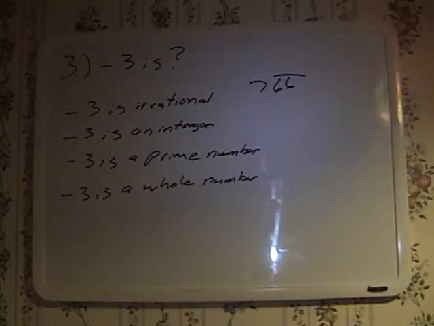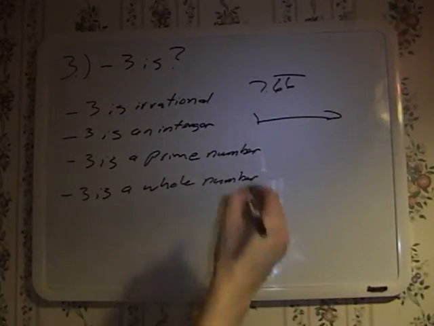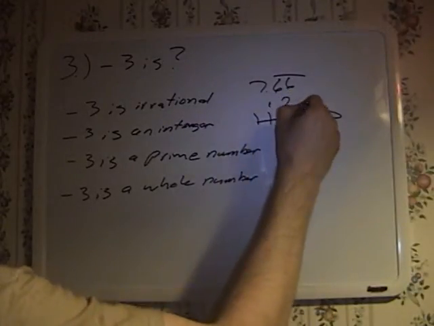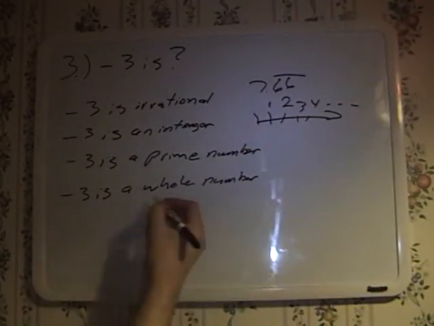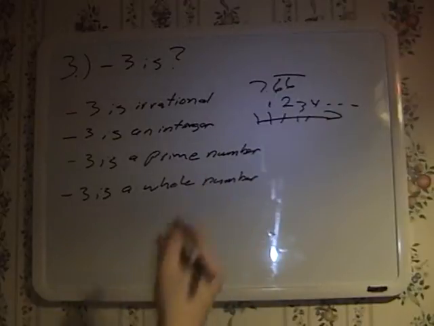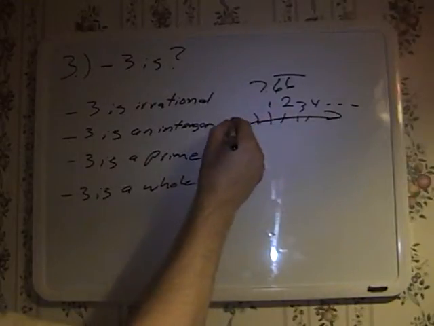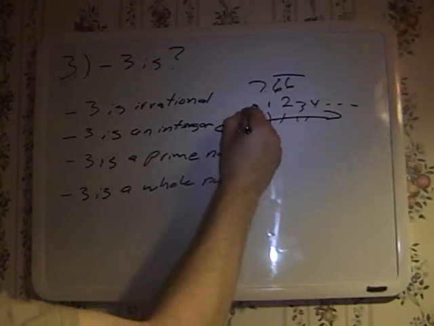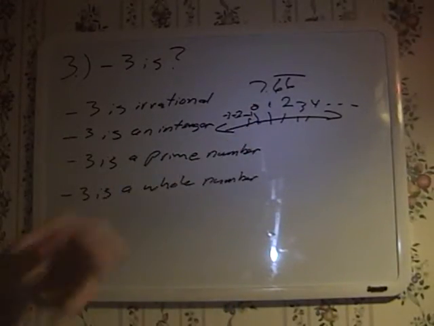Integer. An integer is kind of the same thing as a whole number, but think of it more like your counting numbers. When you look at the number line and you have your counting numbers, 1, 2, 3, 4, etc., those are whole numbers. Where integers come in is when the number line starts going this way from 0 and you start getting -1, -2, -3. So integers are like whole numbers, only it includes your negatives.